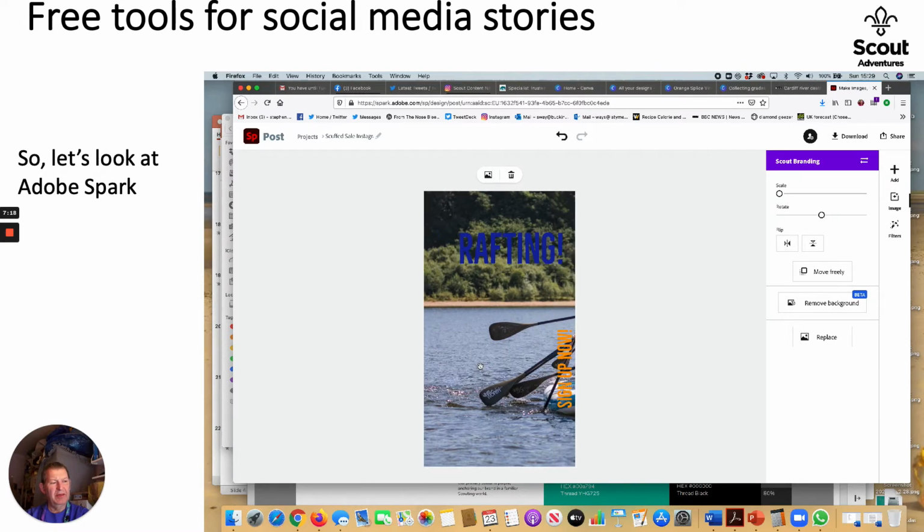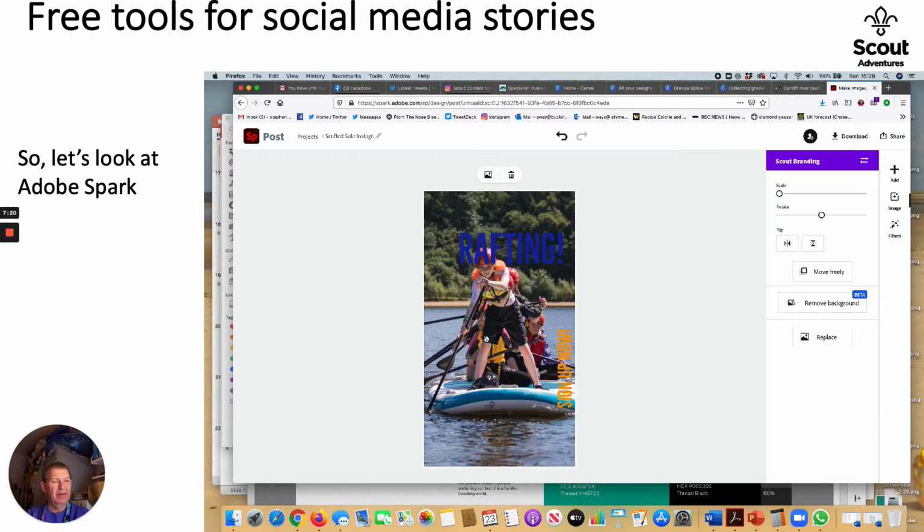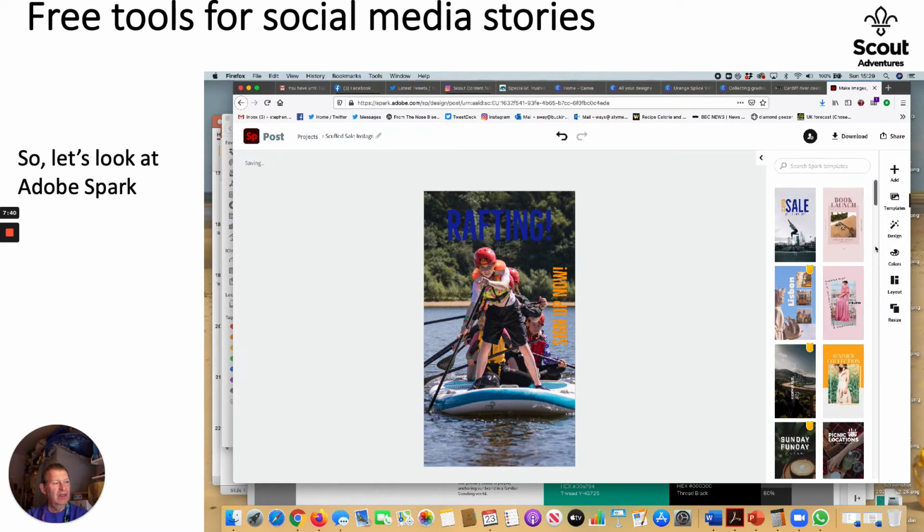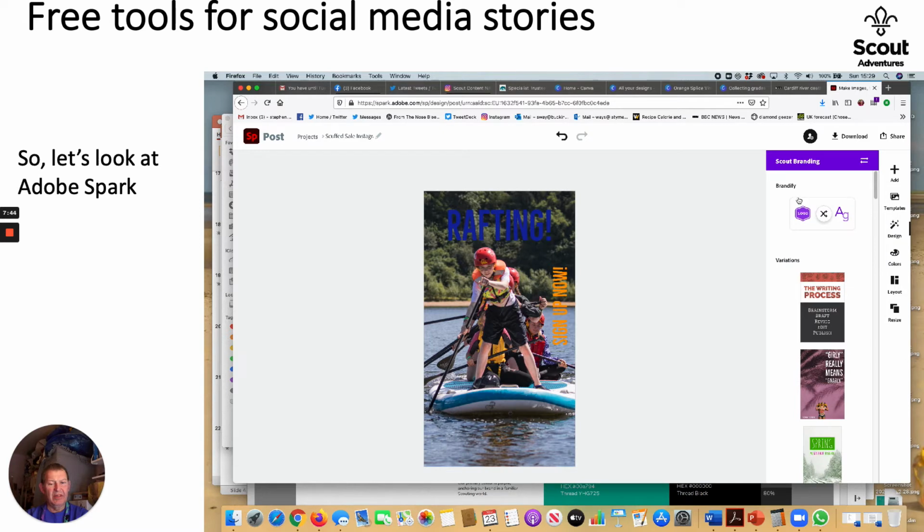And there we go. So in there is the photo I've uploaded. Now I need to change the size of that. And I've got sliders here that will allow me to do that. And I can change the text so it fits, and then in the text I can go into the colours